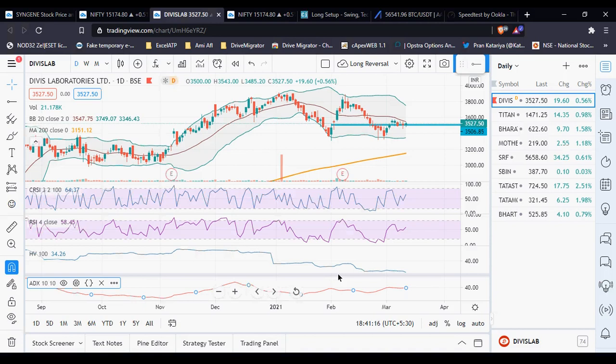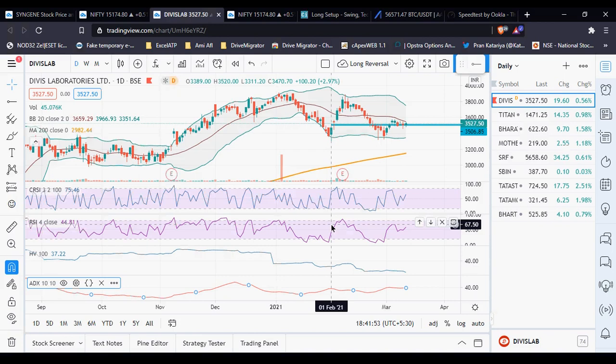And some of the stocks have been selected by group members, so I would be showing you those stocks. One of them would be Divi's Lab. So this setup happened on the 29th of January, and immediately the next day, once the conditions are fulfilled, we should have a green candle and the price should be trading up above, right? So we have the green candle.